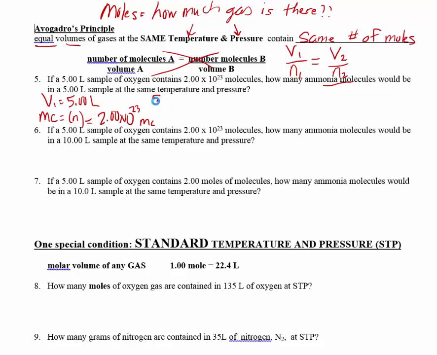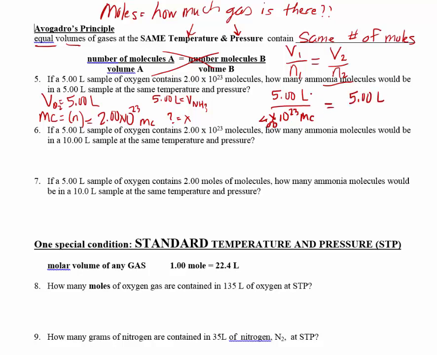Now I have 5 liters of ammonia. How many molecules are going to be in that one? Avogadro has told me that if I have 5 liters, and I know in that 5 liters of oxygen there are 2 times 10 to the 23rd molecules, I'm abbreviating,